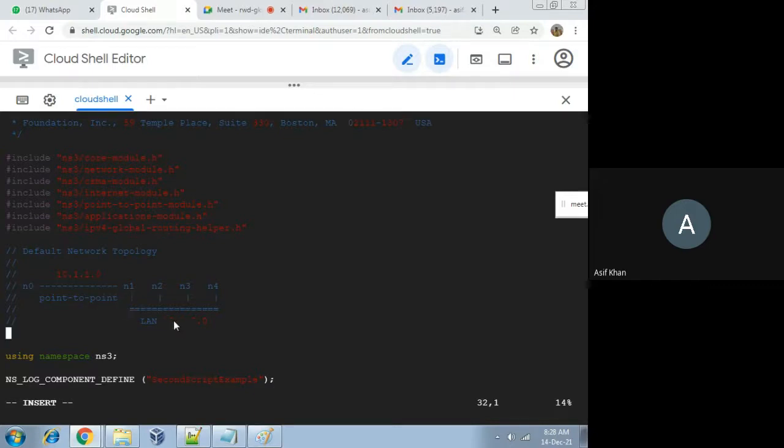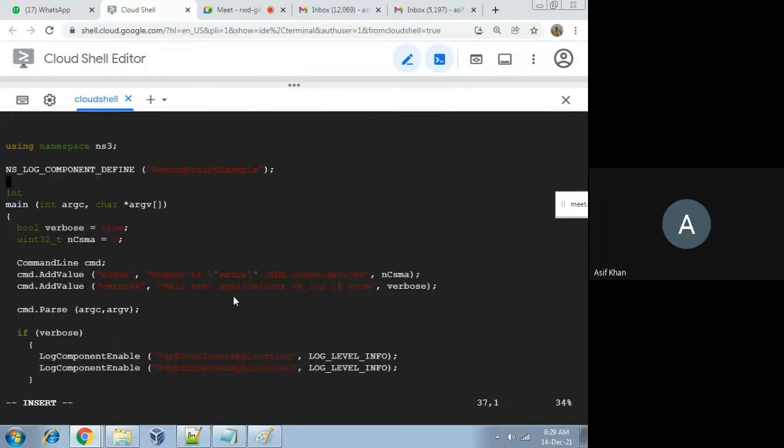Similarly, 10.1.2.0 is the IP address of the CSMA network, and its nodes will be assigned the next addresses like 10.1.2.1, 10.1.2.2. So this is the topology, and N0 is the source and N4 is the destination.